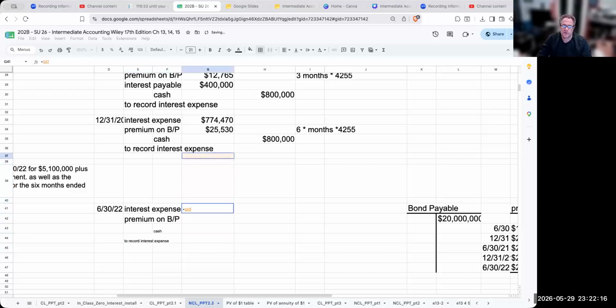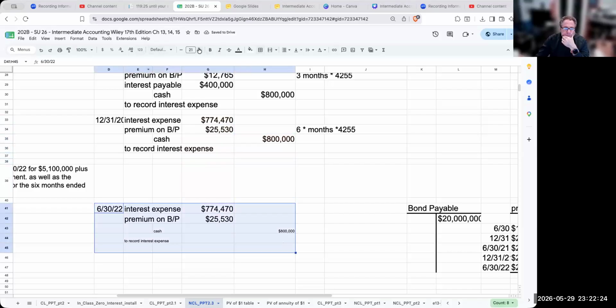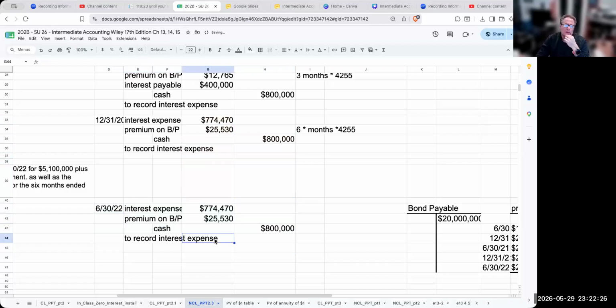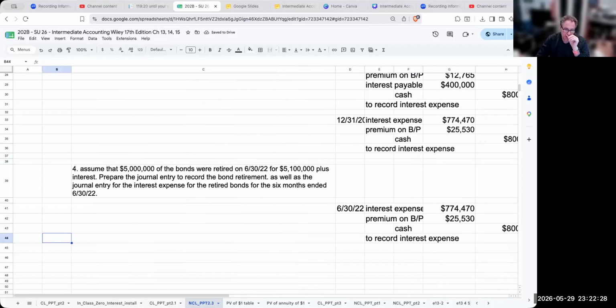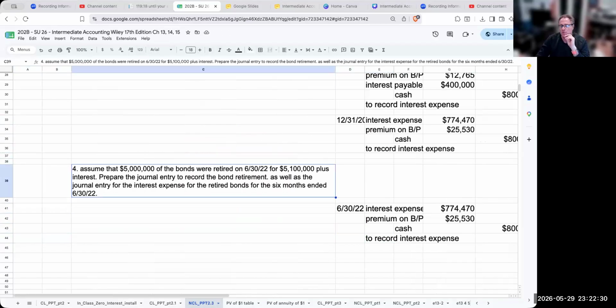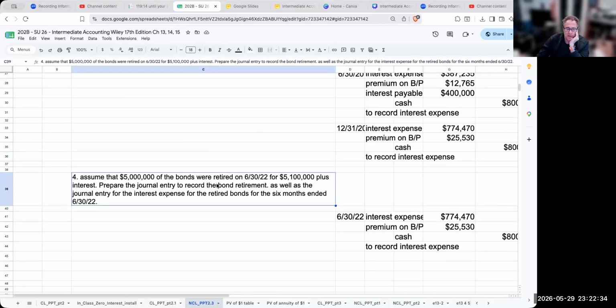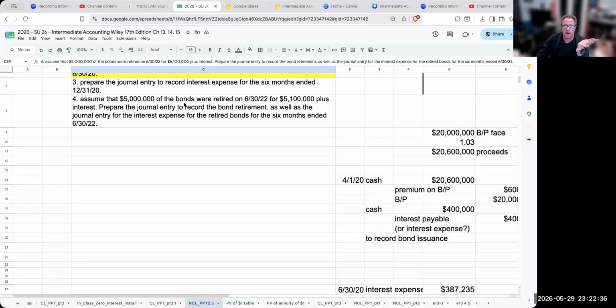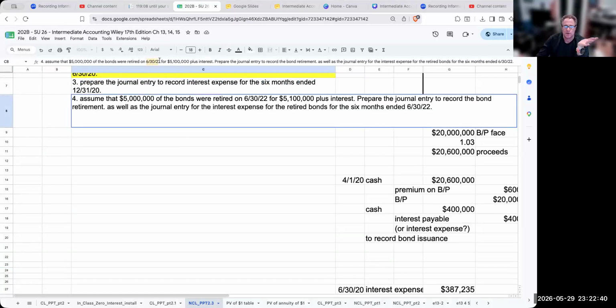So the journal entry, because I'm using straight line amortization, is really going to go through over here and be exactly the same. Okay. Now, one of the things over here, which I kind of messed up on, is I would probably want to basically write this. Let's say basically bonds were retired on, let's make this a little bit easier on ourselves. Well, retired on